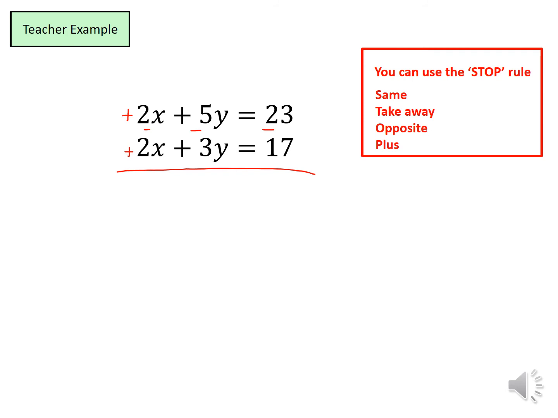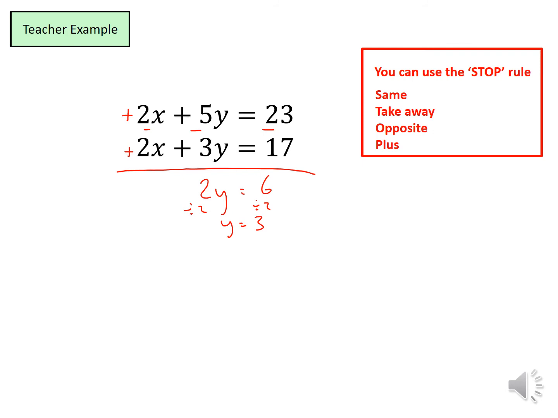So 2x take away 2x is 0. It's nothing. We've eliminated the x's. 5y take away 3y is 2y. And 23 take away 17 is 6. I divide both sides by 2. y equals 3. So this time I've worked the y's out first, and now I'm going to substitute back in